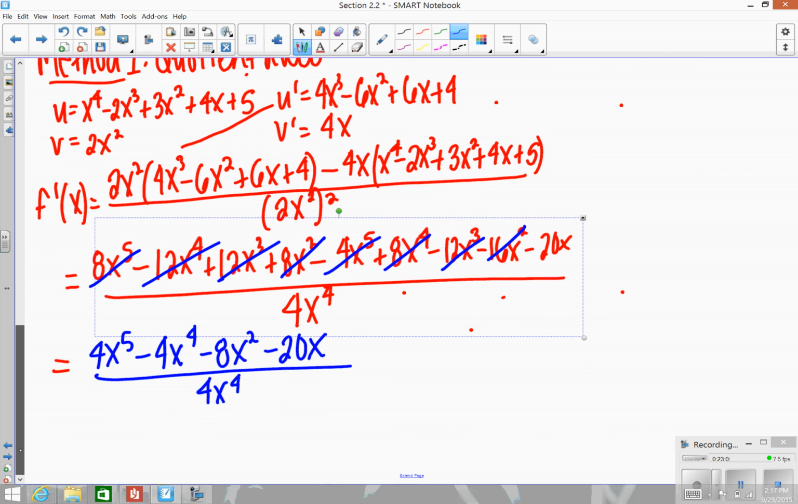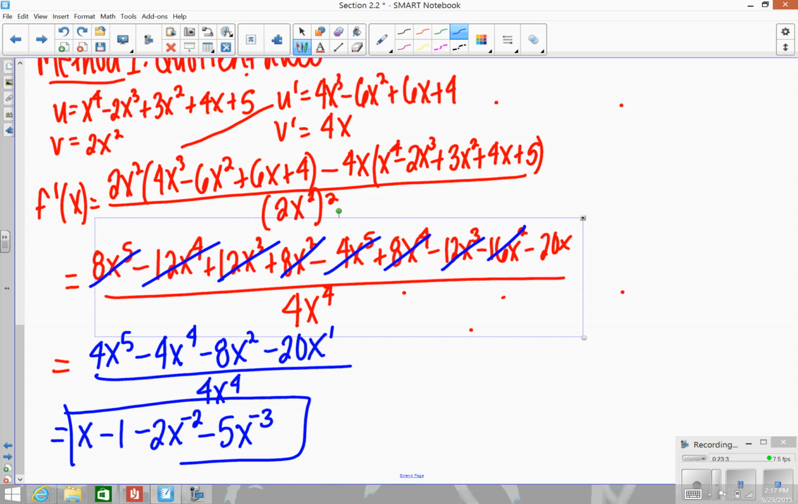And now if I actually go through and divide these, so 4 divided by 4 is 1. Keep the x, subtract the exponents, so it'll be x to the first. Negative 4x to the fourth divided by 4x to the fourth is just going to be negative 1. Divide these, you get negative 2x, subtract the exponents, negative 2. And then negative 5x, this is a 1. 1 minus 4 gives me negative 3. So that's the simplified version. If you want to then apply the power rule,